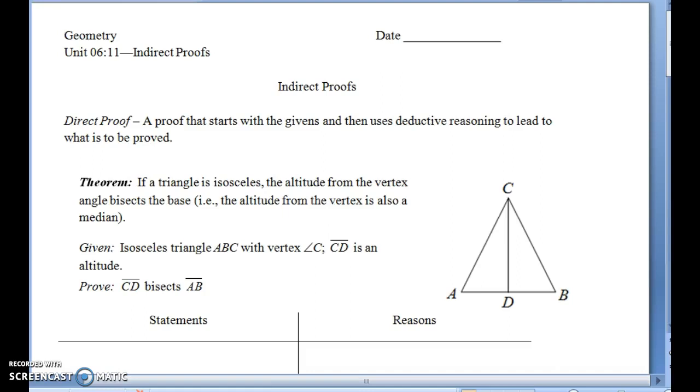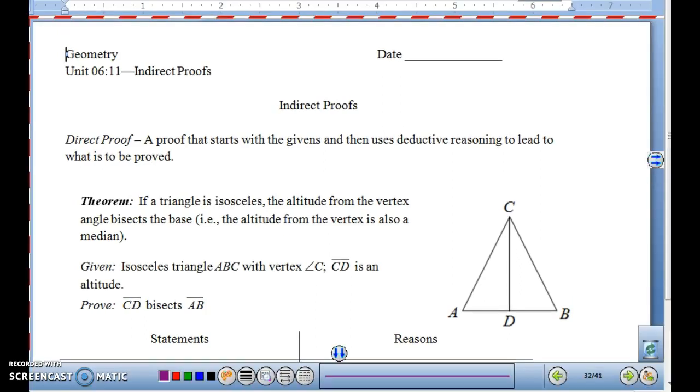This is Geometry Unit 6, Lesson 11 on indirect proofs. Now, what we're going to be looking at with indirect proofs is how they are different from direct proofs. Direct proofs is what we've been doing so far in this unit. A direct proof is a proof that starts with givens and then uses deductive reasoning to lead to what is